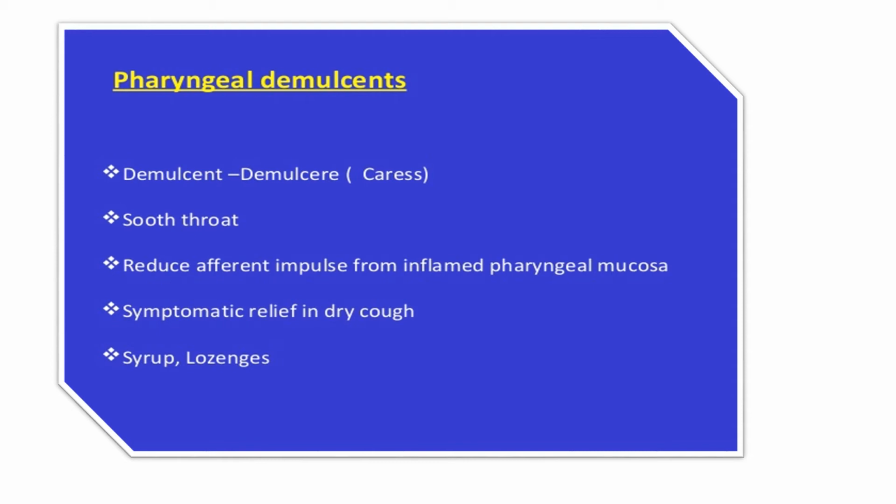We have Strepsils. Strepsils acts as a pharyngeal demulcent. They soothe, and I hope you have seen the advertisement. They usually soothe the irritating cough. That is, a layer is being formed, as in the advertisement. You can see a layer is being formed over the larynx or pharynx, helping in prevention of irritation to the pharyngeal mucosa and thus preventing cough.